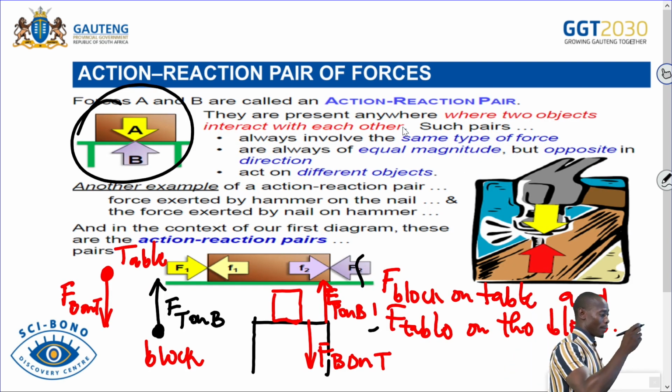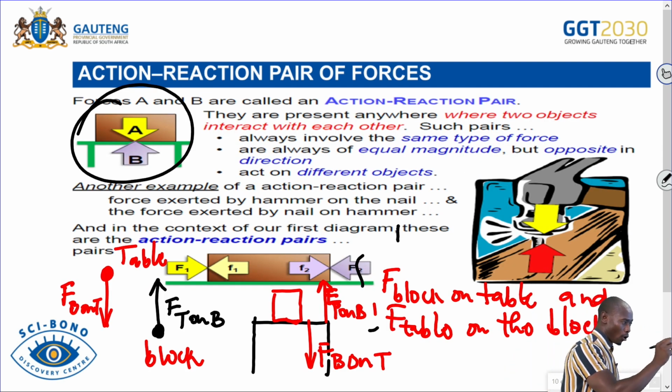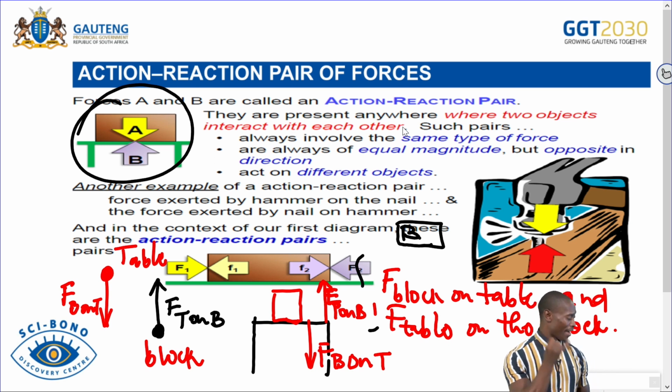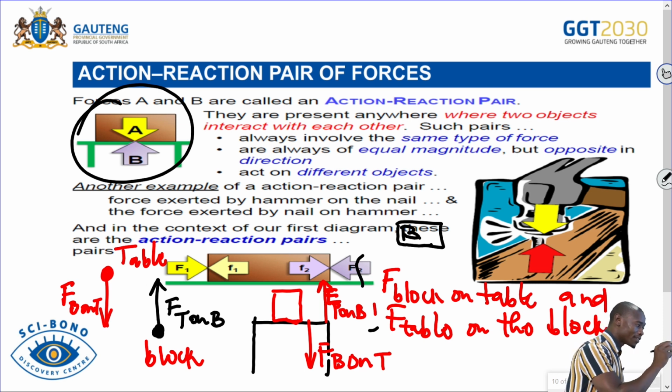Now let's again focus on the block and the earth. So this is the block. Now I'm focusing on the block and the earth. Before I was focusing on the table and the block, but now it is the block and the earth. So if you are asked to identify the action-reaction pair of forces between the block and the earth, it will be the force exerted by